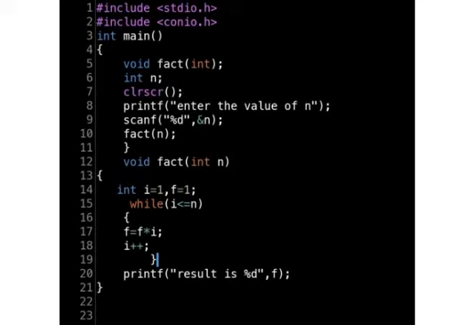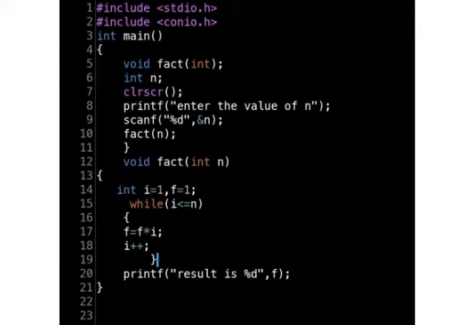Functions in C language, part 2, session 2. In the last session we practiced prototype 1, prototype 2 and prototype 3. So how to work with regular programs like factorial, reverse any number, GCD, sum of n natural numbers, prime number, perfect number and etc. using functions. I am giving one or two here.